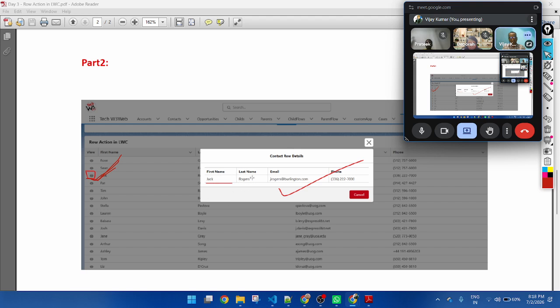Here you can see this is a table. So these are the Lightning data table and this is an HTML data table. So I am covering both data tables here. And this is a footer, this is a header, this is a close button. When we click on the button, the modal pop-up will be hidden.